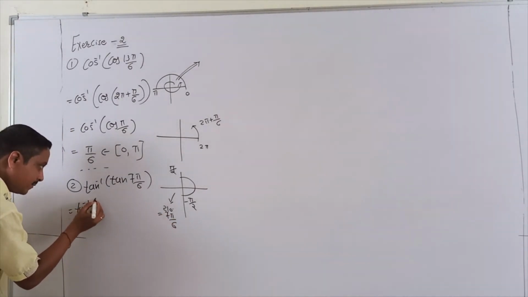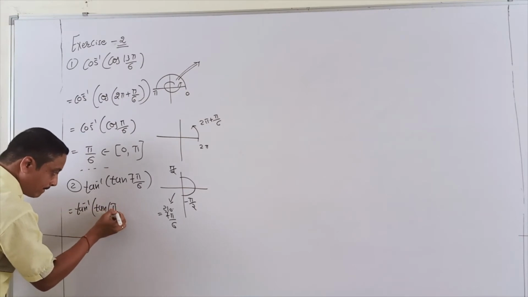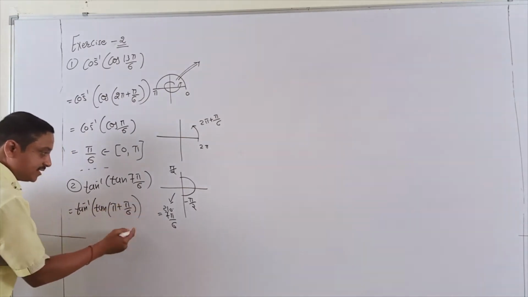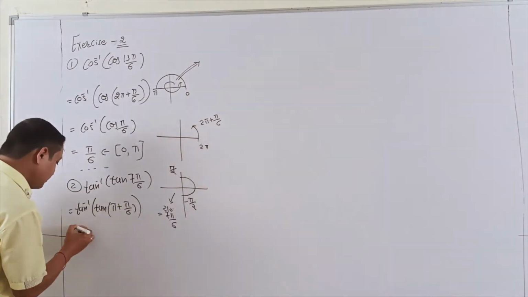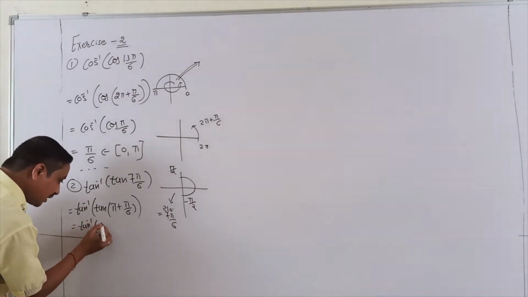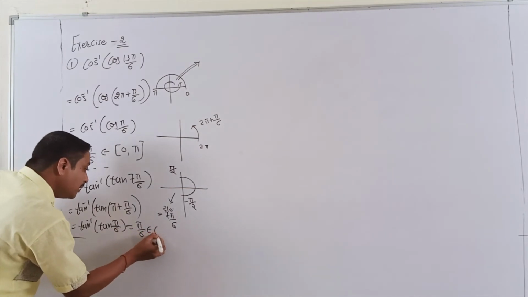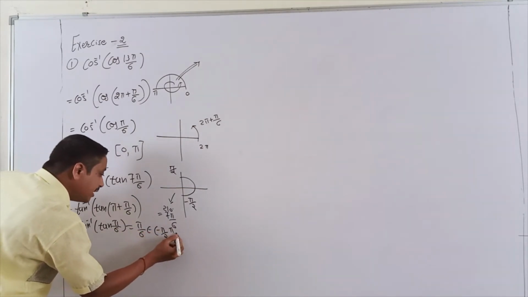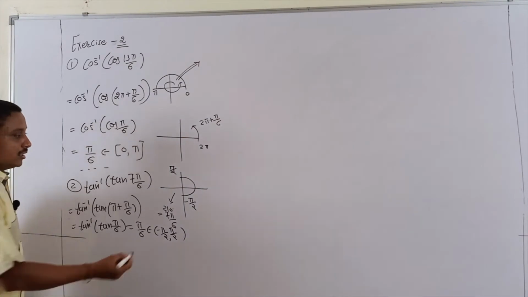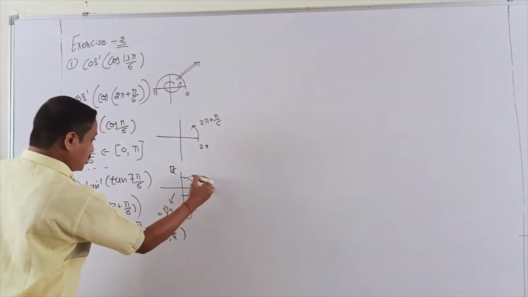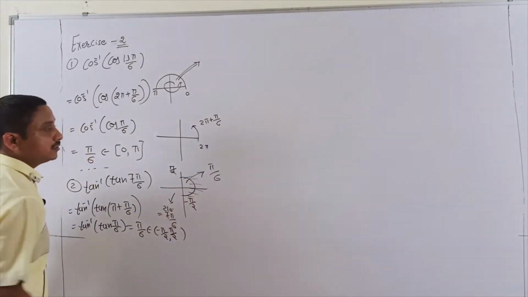So I just move ahead: pi plus pi by 6. Yeah, pi plus pi by 6. Which quadrant? Third. So tan is positive. Answer done. It belongs in my range, minus pi by 2 to pi by 2, because this range belongs to your pi by 6 value.